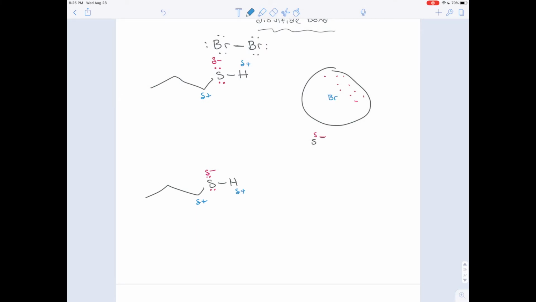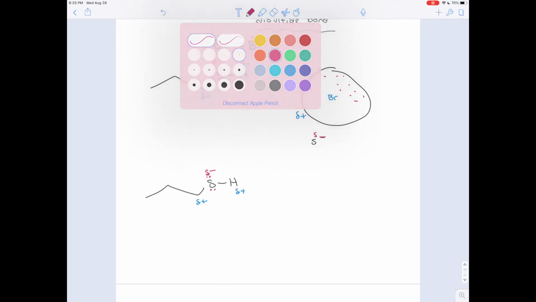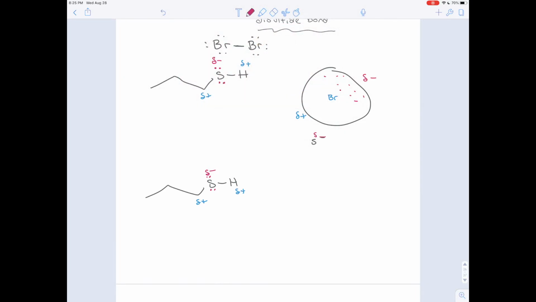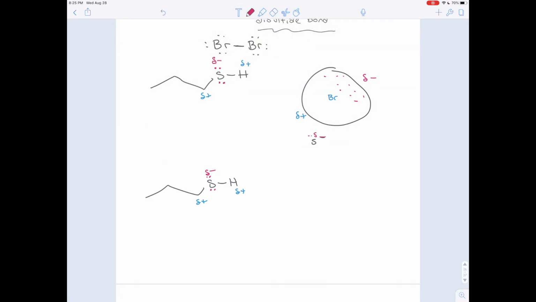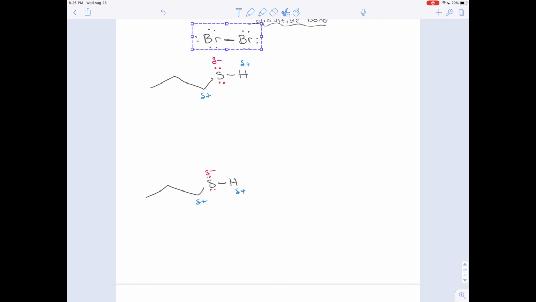So this is bromine, right? So they all fly that way, and one side of the bromine becomes slightly positive, and the other side becomes slightly negative. And that gives sulfur an opening. Once this side is slightly positive, the lone pairs on sulfur can try to attack it. Now, that reaction can happen, but it wouldn't be very efficient because sulfur here is not the strongest of nucleophiles. It only has a slightly